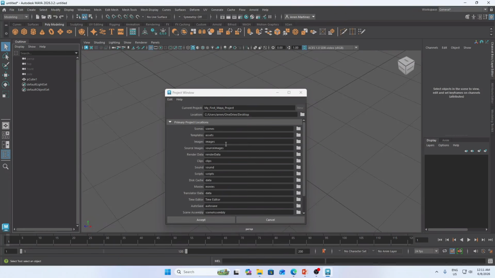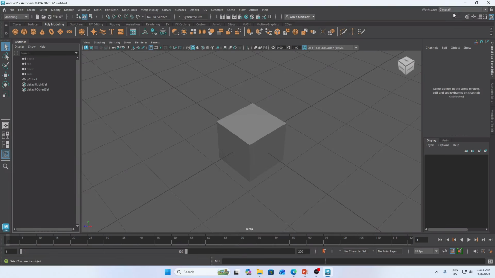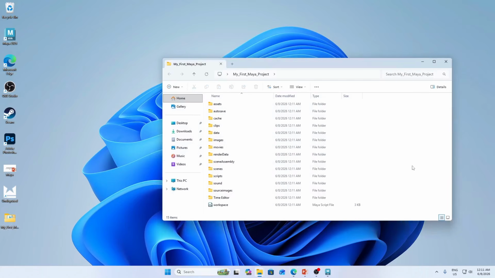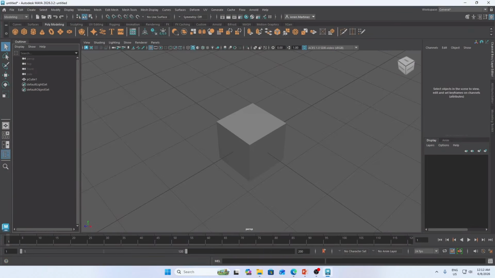Okay, and after that, click Accept. So this folder contains the essential files that we need in order to save our project here in Autodesk Maya.